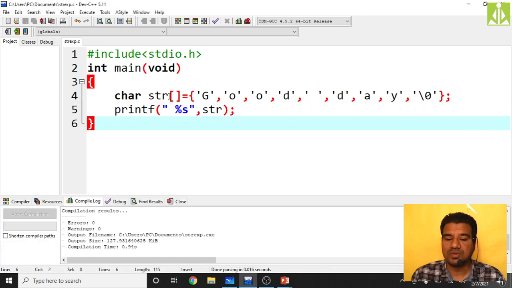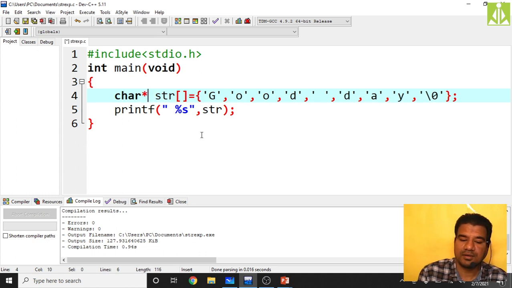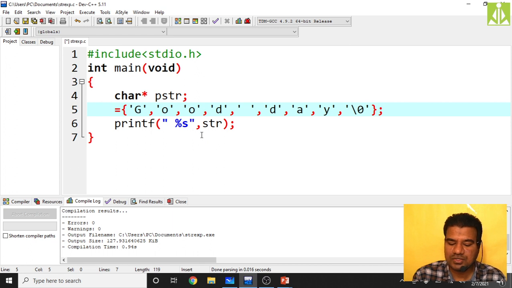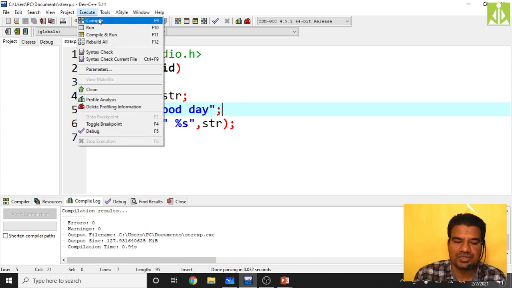Okay, so like this you can do, or you can even declare a character pointer pstr and initialize. It is a character pointer, so now you can initialize pstr equals "good day", like this you can do. Now it is a character pointer, so it can hold the address of the first memory location.